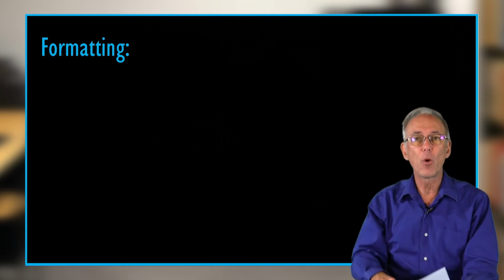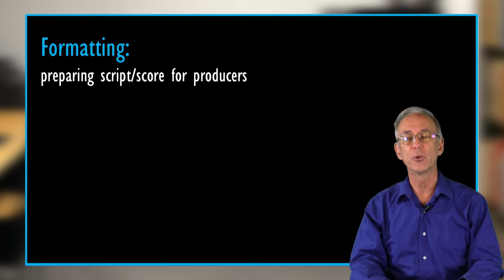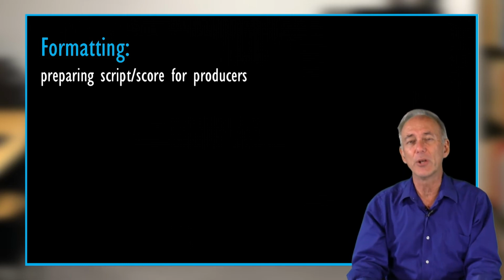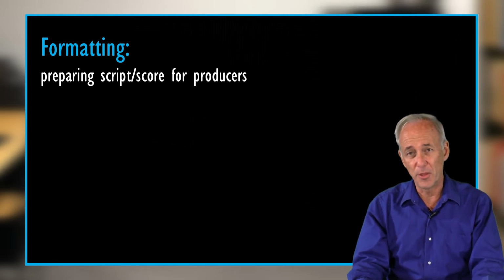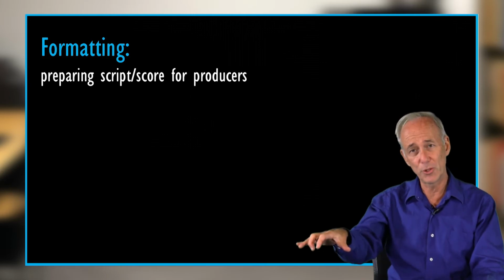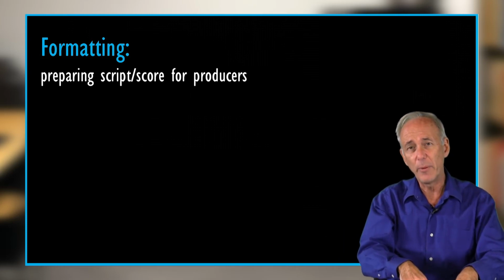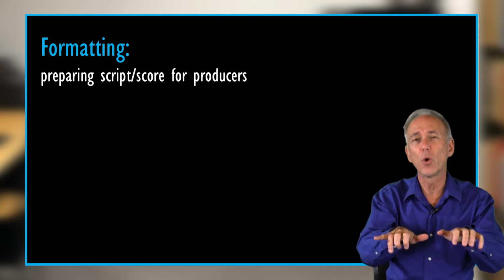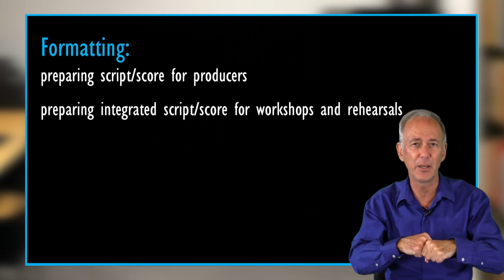Then there's a unit on formatting, getting your script and lyric ready for producers. It doesn't usually fall just to the lyricist to prepare the script. Often the lyricist is the first person to go with it, and then the book writer goes next. The composer then prepares the score, and then this unit on formatting talks to you about how to prepare an integrated script and score ready for workshopping or for readings or that kind of thing,